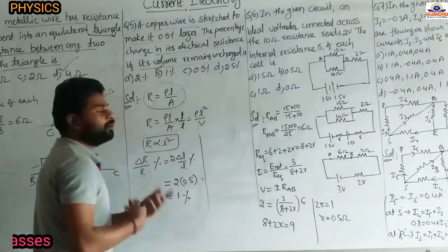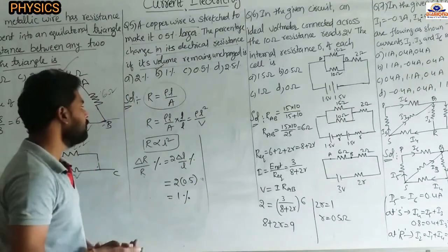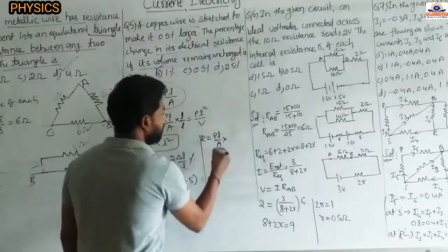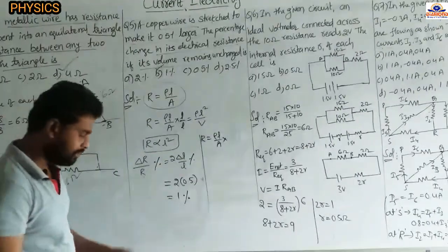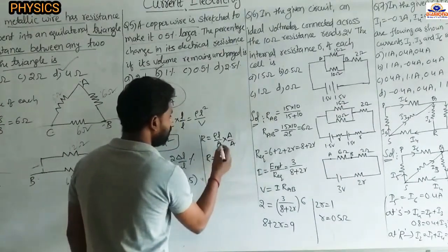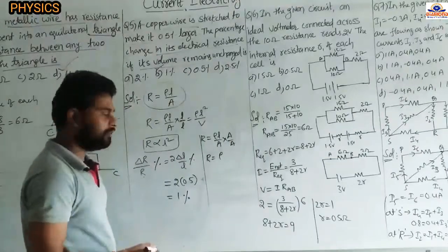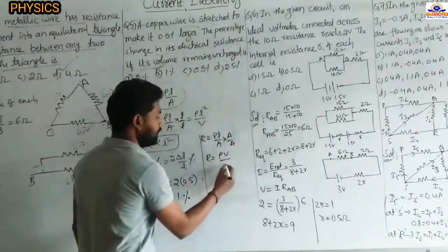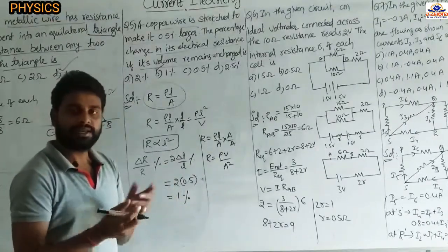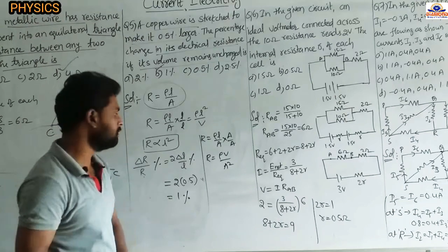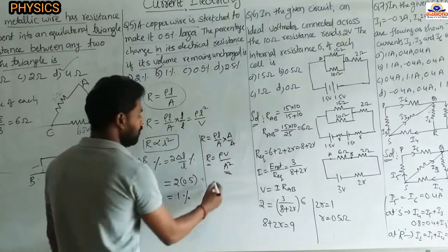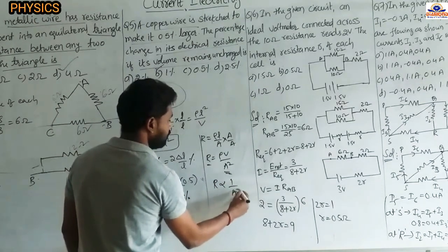Suppose they give information about the cross sectional area changes. We have the formula R equals rho L by A. If they give the information about the cross sectional area, we have to multiply by the area. Now R equals rho into L into A, length into area, which is volume, by area into area square. Suppose the area changes, length also changes, but volume should be constant. Now they give the information about the area and they are asking for the resistance. Now R is inversely proportional to A square.